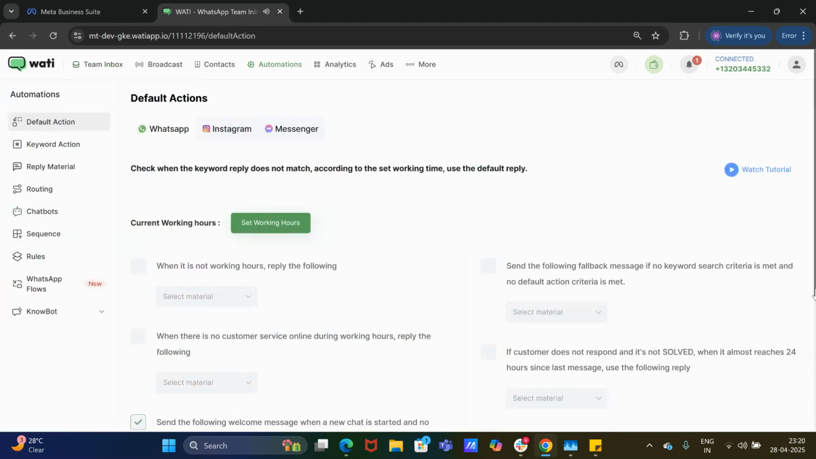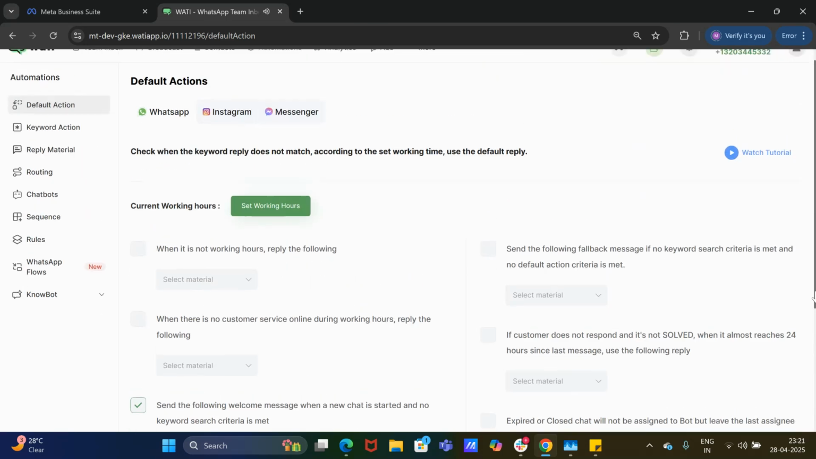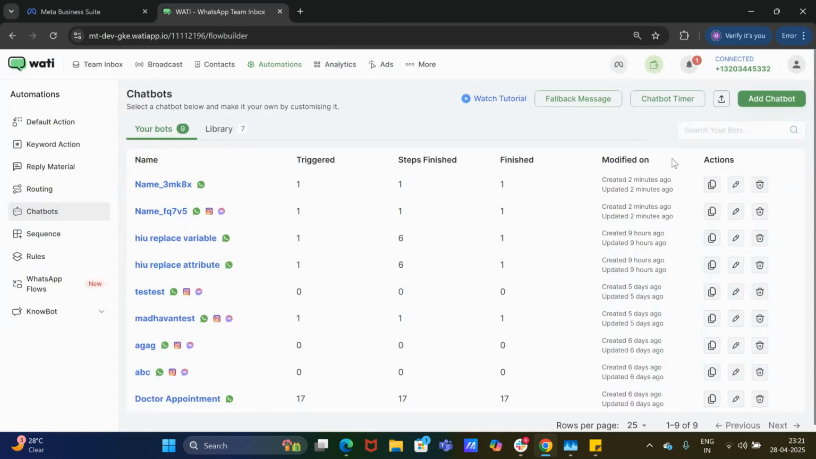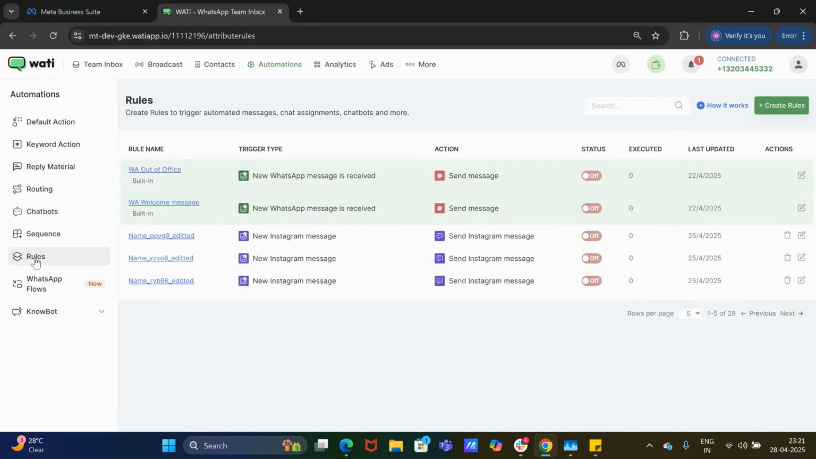Same goes for all the default actions. Same thing here, even for chatbots, you can create a chatbot. All you need to do is just create a chatbot, and then you can use it for any of the numbers. Now, the only exception is that in rules, you get to select the number to which the rules need